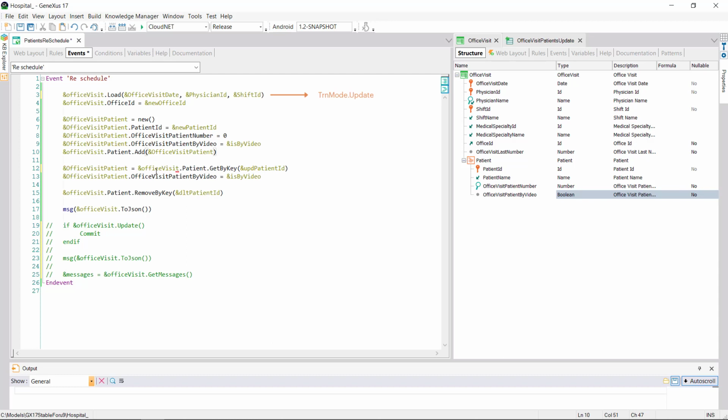Then we want to update another line, so we access it via getByKey method. And there we update the property/attribute we're interested in. We also want to delete a line, for which we use the removeByKey method of the collection, knowing that this deletion will be logical, and will only leave the item marked for deletion.